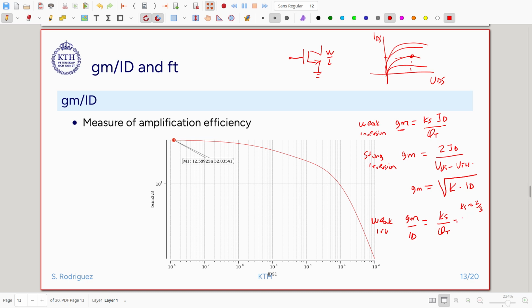So this will be around 2/3 divided by, at room temperature, around 25 millivolts. That will give us a factor of around 27. Then when we start increasing the current, we will have, for strong inversion,